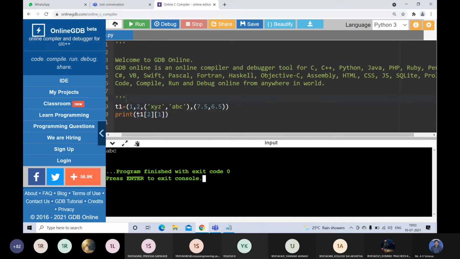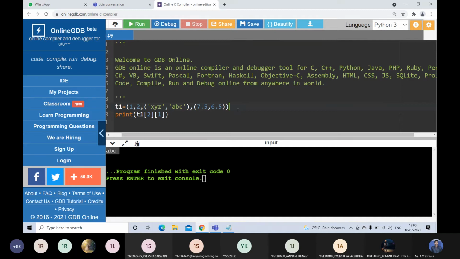You will get ABC here, because the index of 1 is 0, 2 is 1, and the index of this entire tuple is 2. 2 0 means XYZ, 2 1 means ABC, 3 0 means 7.5, 3 1 means 6.5. Like that you can access the elements in a nested tuple. Is it clear, the tuples?